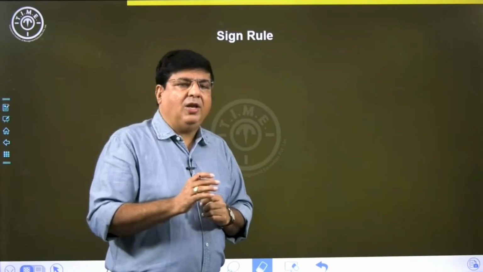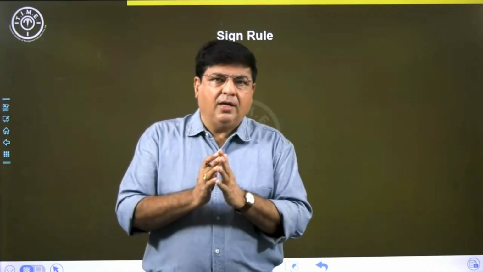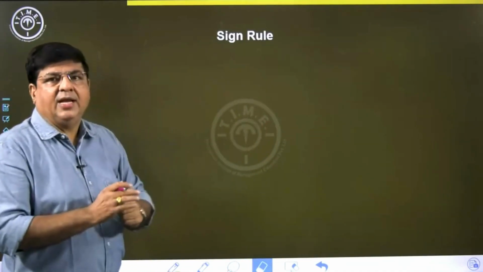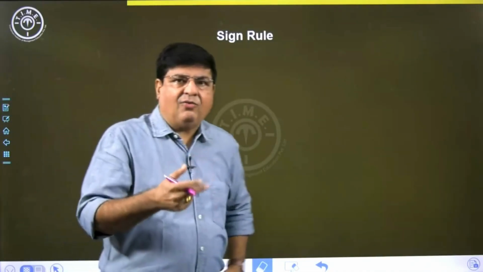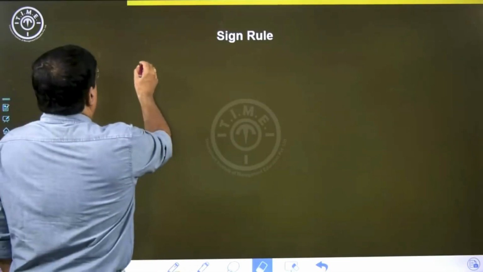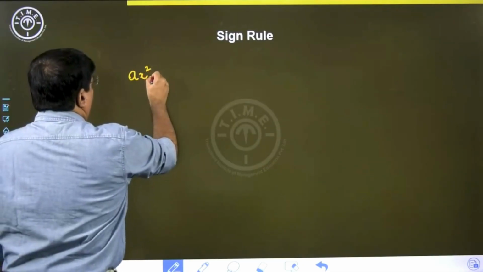Instead of that, we will use a slightly different approach where you need to first be thorough with something called a sign rule. Let us see what is this sign rule first, and then we will start discussing the questions. All right. Now, your quadratic equation is of this form: